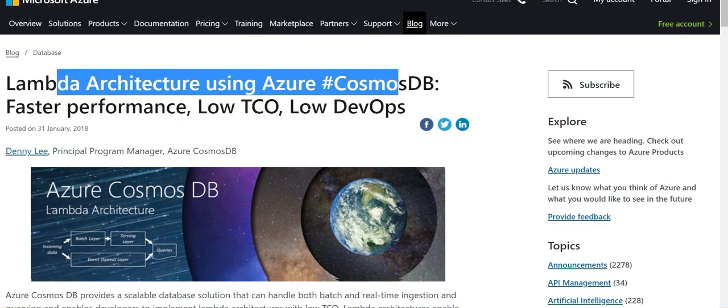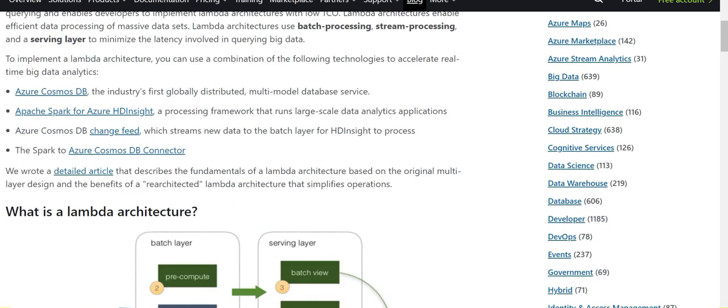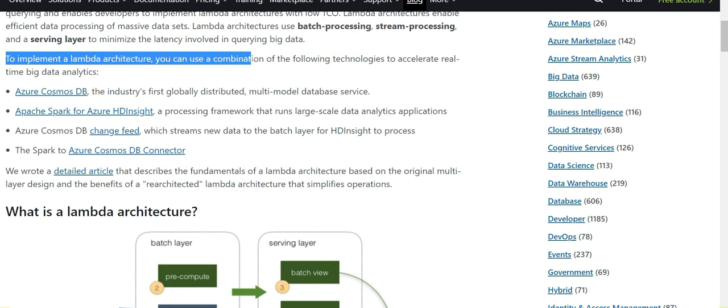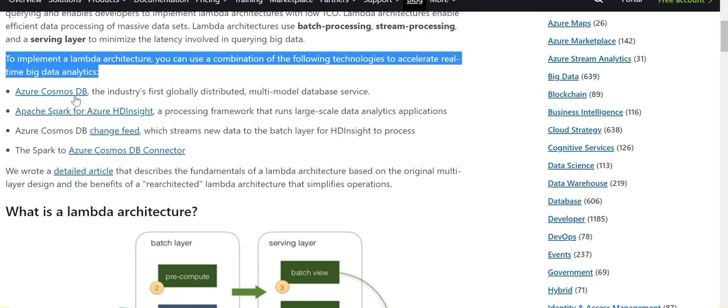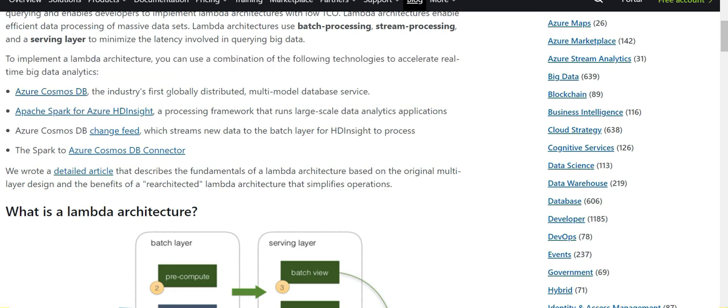And if you see here, to implement a Lambda architecture, you can use a combination of the following technologies: Cosmos DB, Apache Spark for Azure HD Insight, Cosmos DB change feed, and then a connector which connects your Spark to the Cosmos DB. So that's a connector.